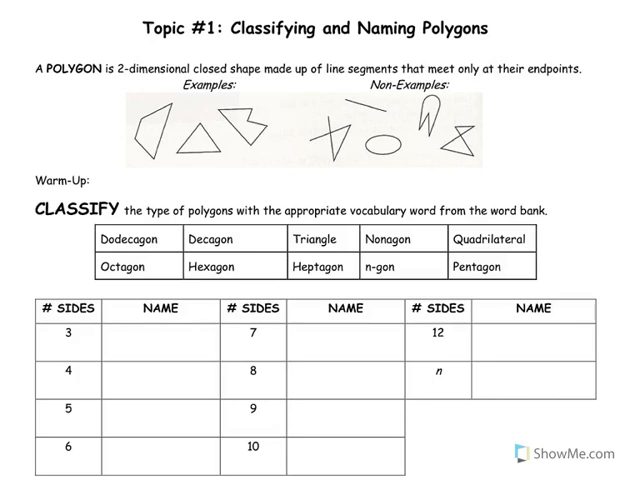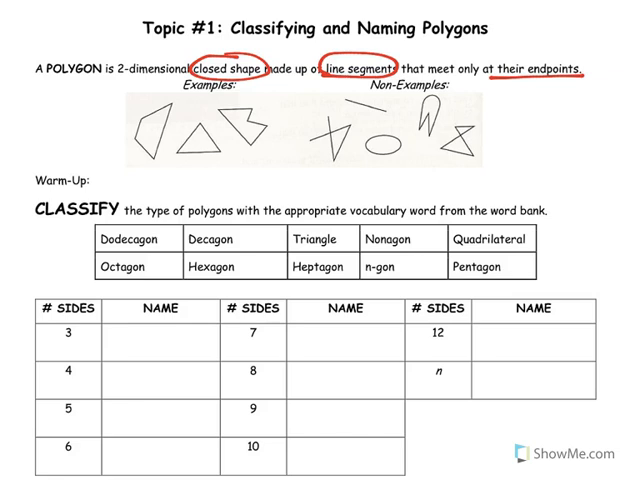Alright, so as we start this fourth unit on polygons, the very first thing we want to talk about is what is a polygon and what are the different types. So a polygon is a two-dimensional closed shape that's made up of only line segments and that meet only at their endpoints. Below here we have some examples of polygons, but I think it's more important to look at the